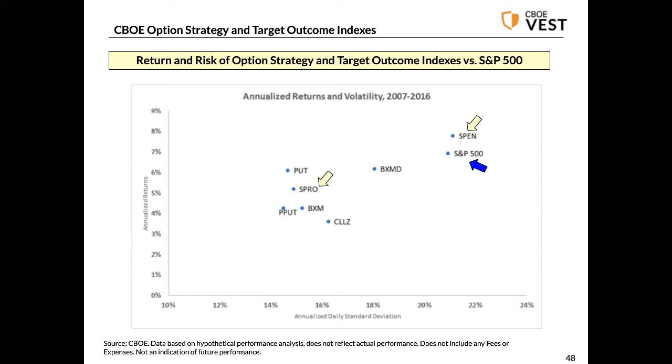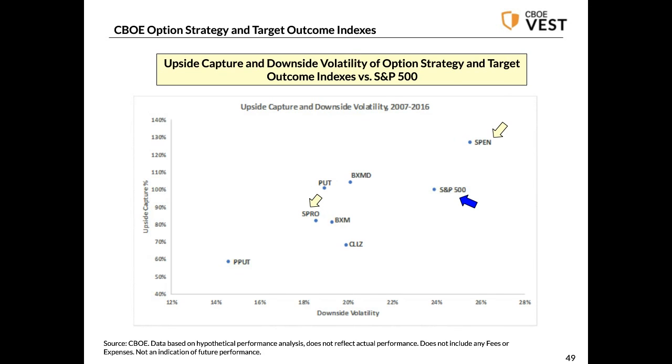But one of the things I emphasized was that looking at return and standard deviation was not sufficient, that it's important to look at upside and downside participation, because investors really care not just about volatility, but about downside volatility. So in this final chart, I've shown you these strategies with, on the y-axis, the upside capture, and on the x-axis, downside risk or downside volatility.